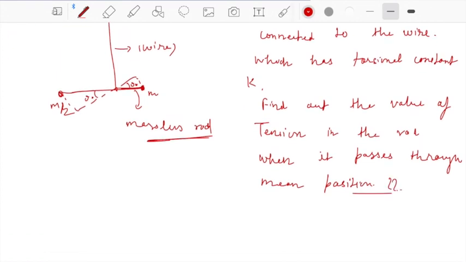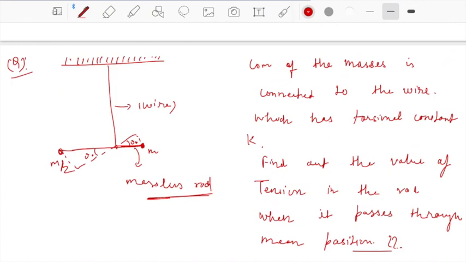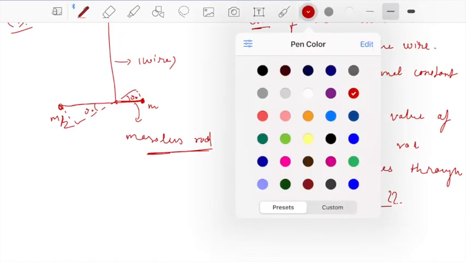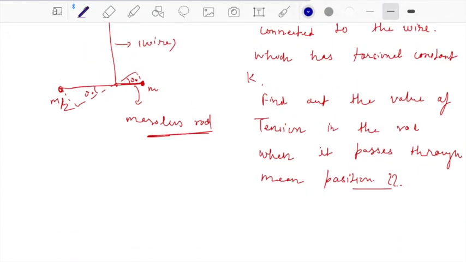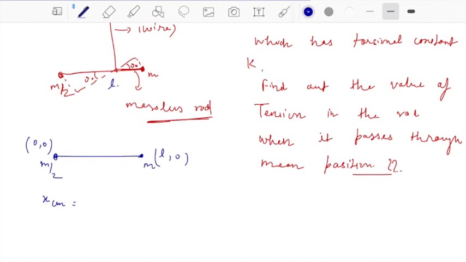So now have a look. This question is pretty amazing, as it has the concept of center of mass while rotational motion is applicable, as well as angular SHM, right? So in order to solve this question, first of all you need to find the center of mass of this rod and mass system. This is a massless rod, so I am assuming this is the origin. So the center of mass x cm. This coordinate will become L comma 0, if I take the length of the rod as L.